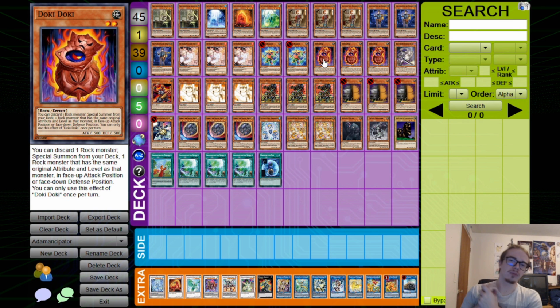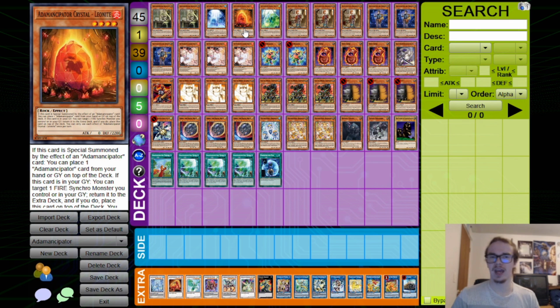Doki Doki is probably one of the best rock monsters in the deck. What you do is you discard a rock monster to special summon a rock monster of the same original attribute and level as that monster. So that's why we're playing all earth rocks mostly, and why having the Adamancipator crystals isn't as good. We're not playing any fire rocks or anything like that, so discarding something like a Leonite